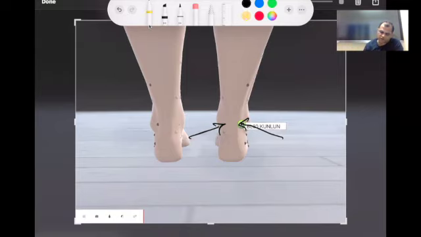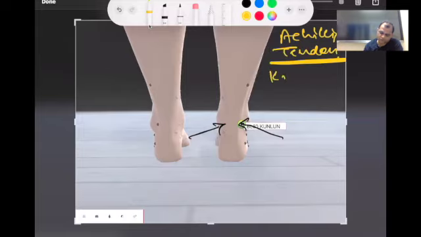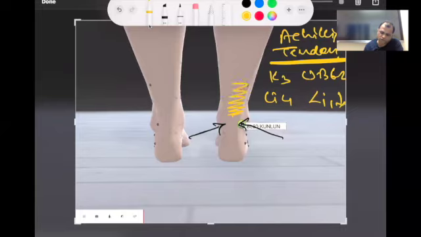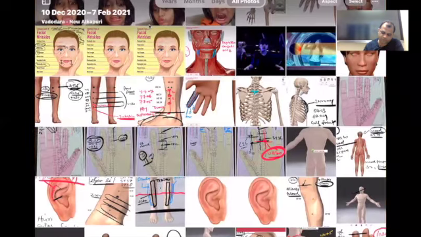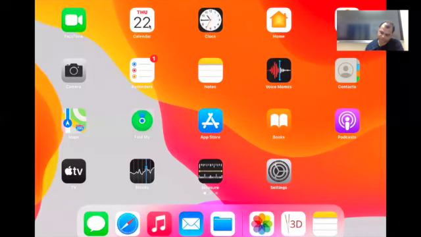So for Achilles tendonitis, we are just applying 4 points: kidney 3, urinary bladder 62, LI4, which is a painkiller, and LI1. Sedate all the 4 points. This is very good for this tight tendon. It is a very good protocol for the tight tendon. So if someone has the problem of Achilles tendonitis,